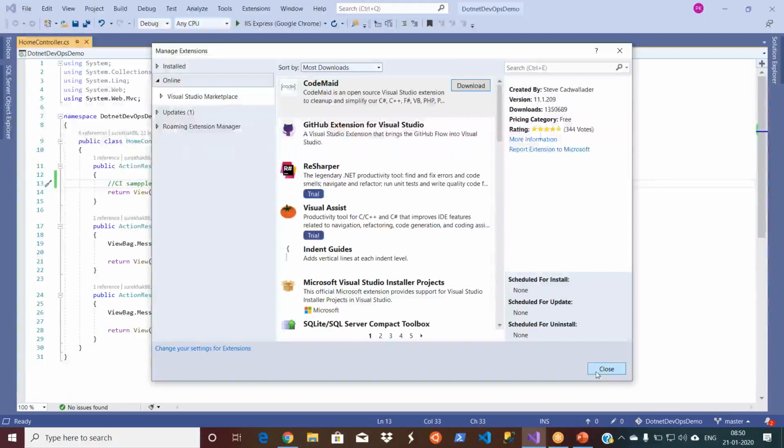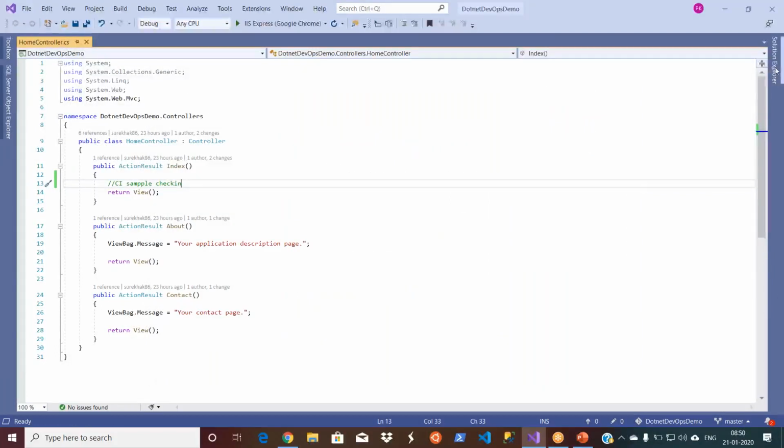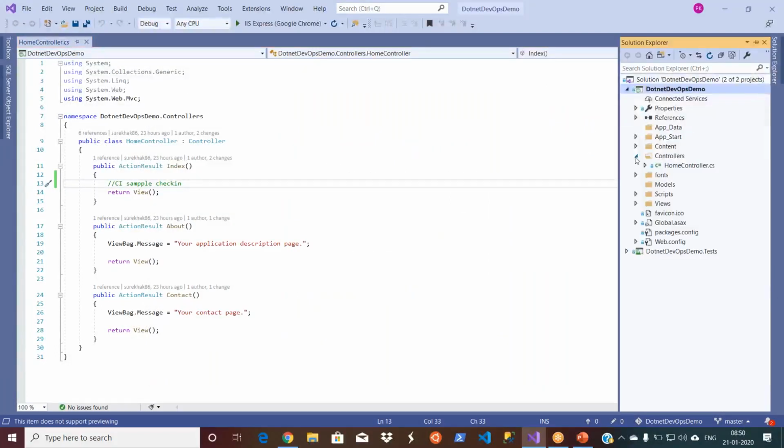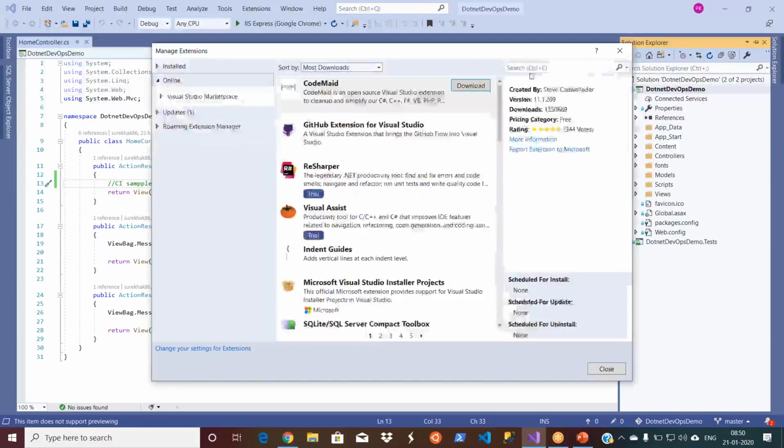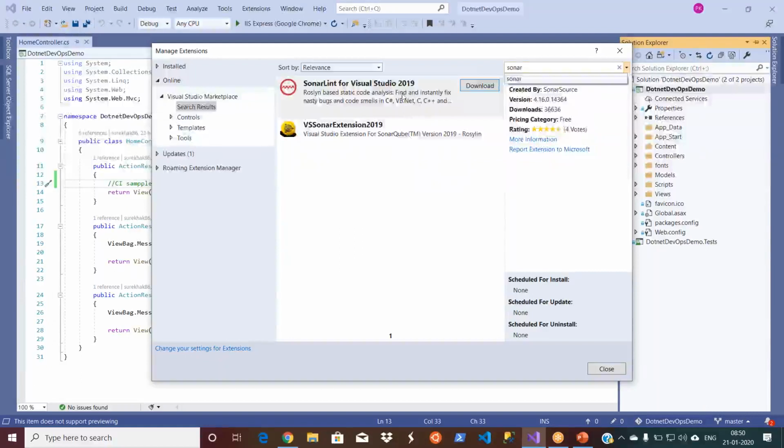Right now this is all the code we have. We will see some more stuff as well. Let's go to Extensions, Manage Extensions, and search for SonarLint. So SonarLint for Visual Studio 2019. This is what I'm going to use, and this is the only one you have. Okay, download.